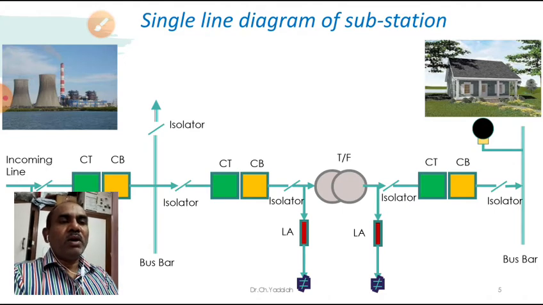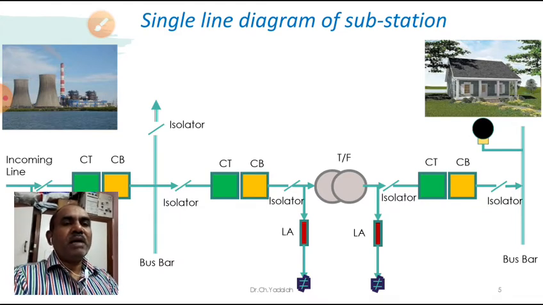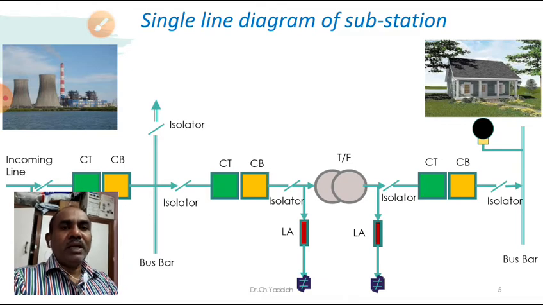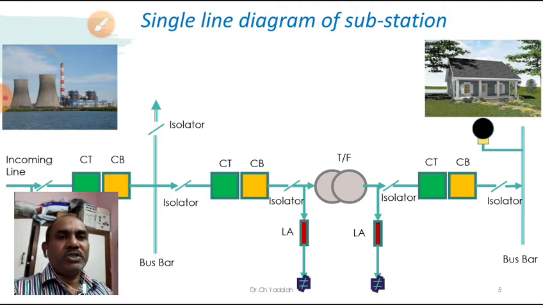After that, whatever the stepped down voltage, it is once again given to the isolator, CT, CB and isolator, and is given to the common bus. Let us assume this common bus is a station transformer, where the voltage is stepped down to single phase 230 volts. You can see an animation of how the input is coming and how it is controlled at different stages in a substation.